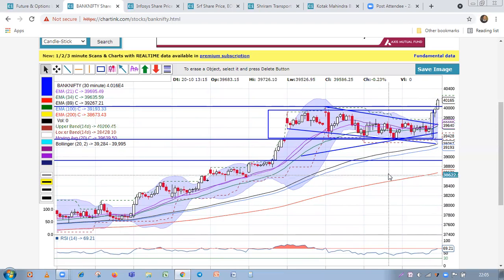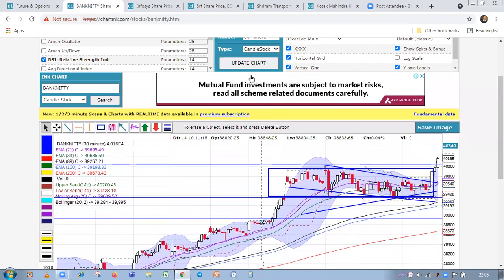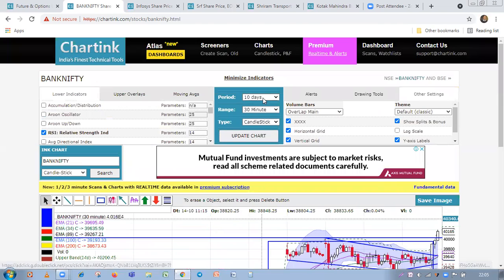But ideally now the trend has changed, because overall the long-term trend of the market is strong. It is in a strong uptrend. Now these falls are temporary falls. Maybe they are not sustaining, because we have seen it over a long time. If I show you a bigger time frame chart, let us check,